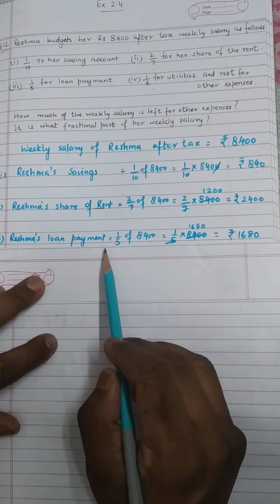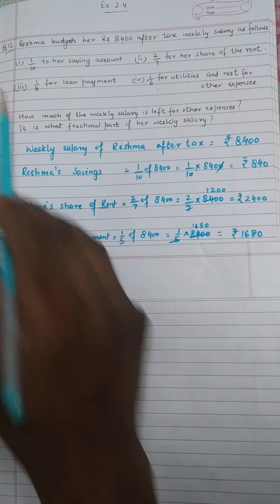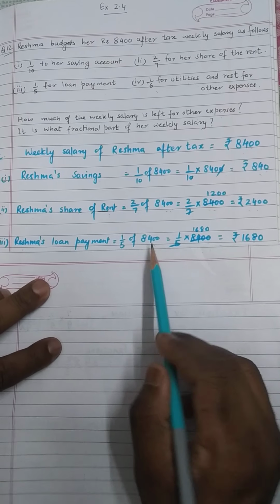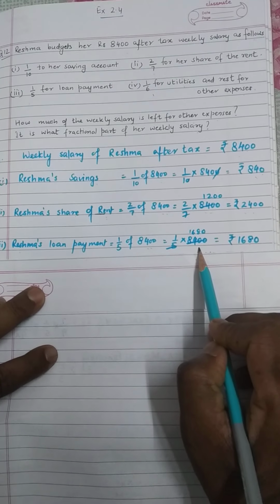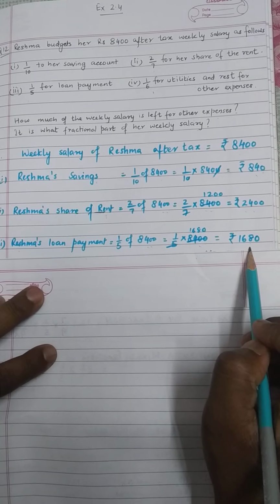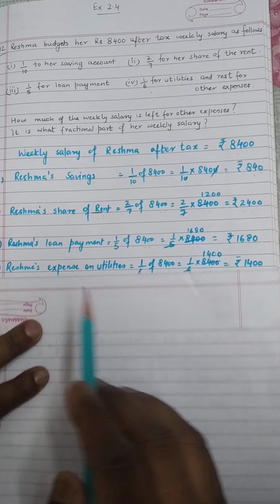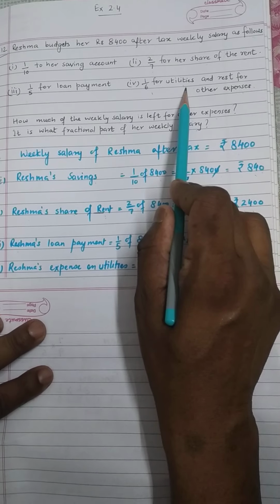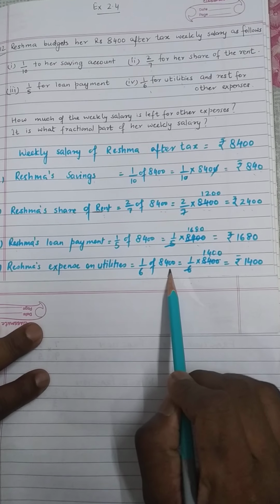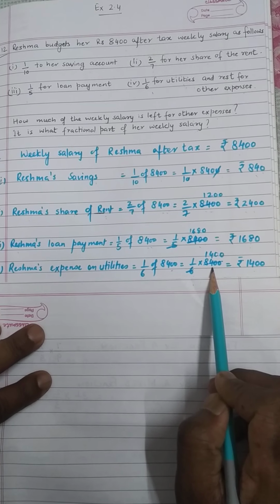Then Reshma's loan payment, how much? 1 upon 5 of 8,400, that is 1 upon 5 into 8,400, it's coming to 1,680 rupees. Then Reshma's expense on utilities, that is 1 upon 6 of 8,400, 1 upon 6 into 8,400, that's